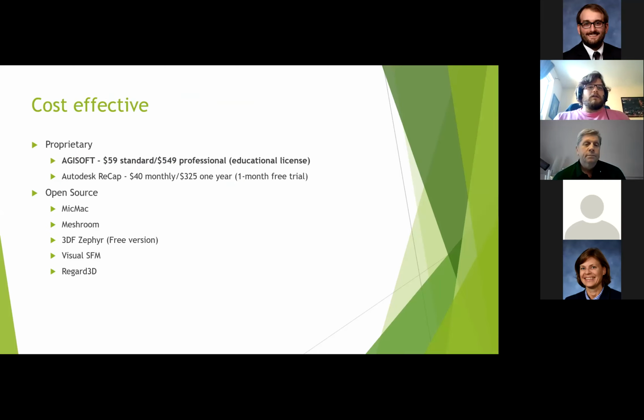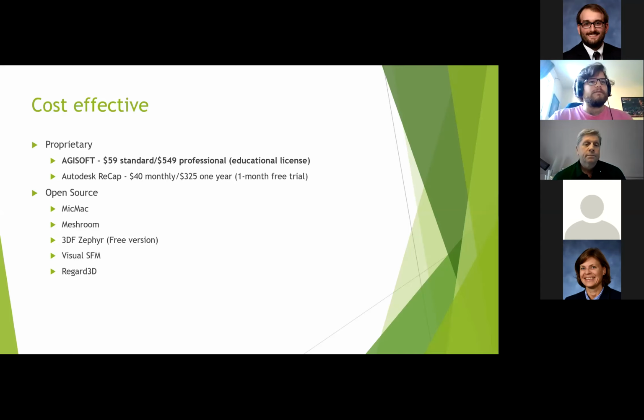All right, another point I want to get across in my talk is the cost-effective aspect of it. If you think this is a method that would be helpful for something that you want to look into, or a project or research that you have, it's relatively cost-effective, and you can probably find the right software for you.